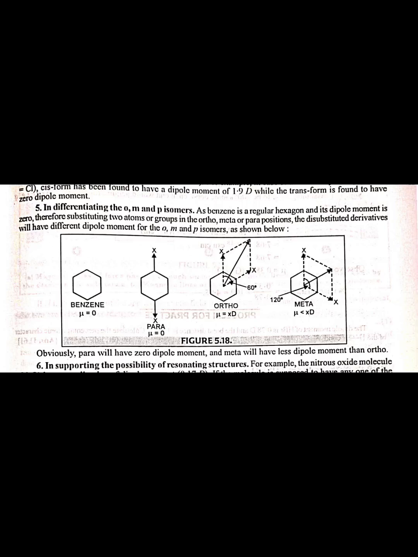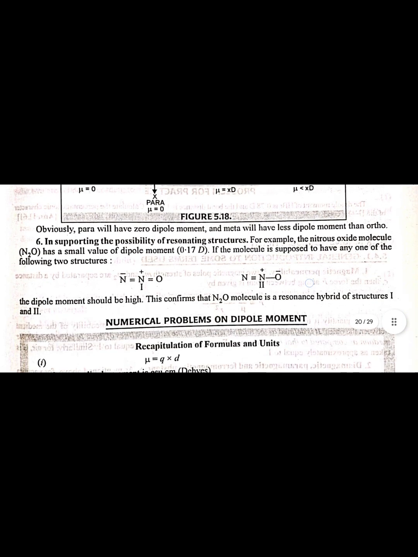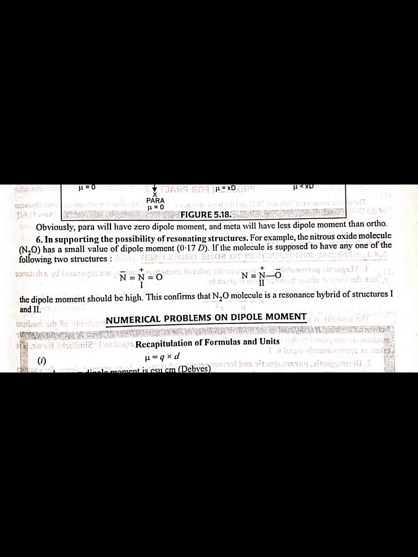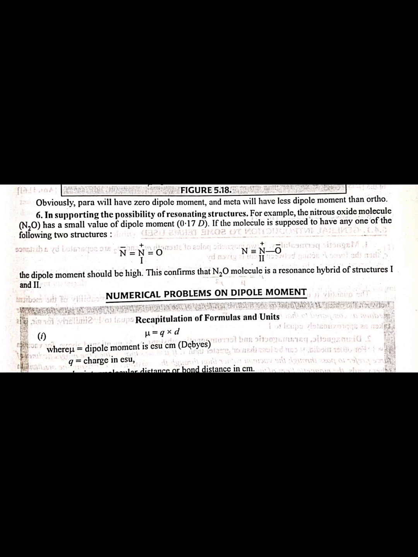Number 5. In differentiating the ortho, meta and para isomers. As benzene is a regular hexagon and its dipole moment is zero, therefore, on substituting two atoms or groups in the ortho, meta and para positions, the disubstituted derivatives will have different dipole moments for the o, m and p isomers as shown. Obviously, the para will have zero dipole moment and meta will have less dipole moment than ortho. Number 6. In supporting the possibility of resonating structures, for example, the nitrous oxide molecule N2O has a small value of dipole moment,